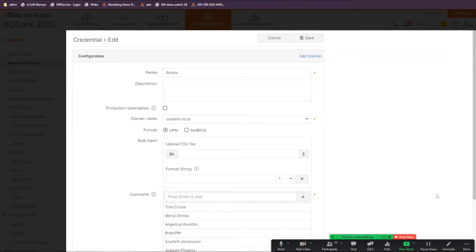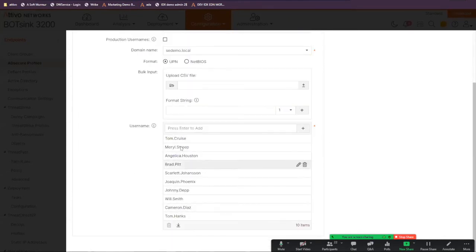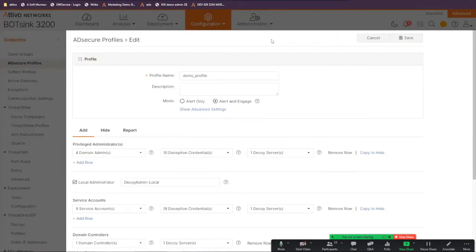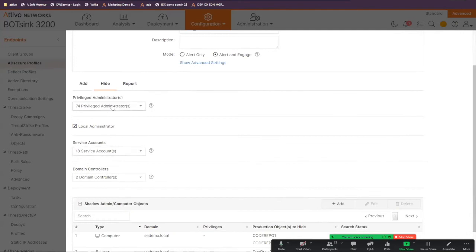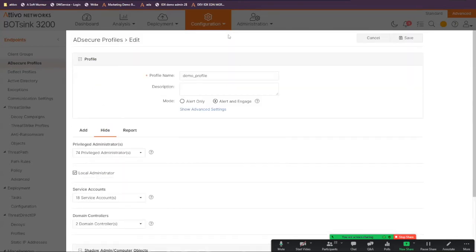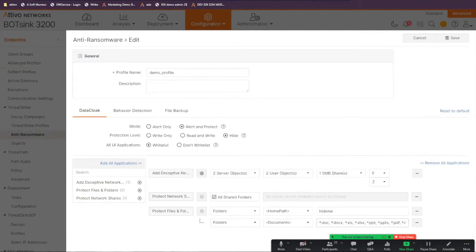So a regular user will use the GUI, an attacker will use command line, and it's those command line tools and other things that we will redirect. For example, a regular user is not going to be using Bloodhound to enumerate Active Directory. Now, as a reminder, these are the actors that I created as decoy results. And then again, we hid all of the privileged admin accounts and service accounts and some domain controllers. And then we did some